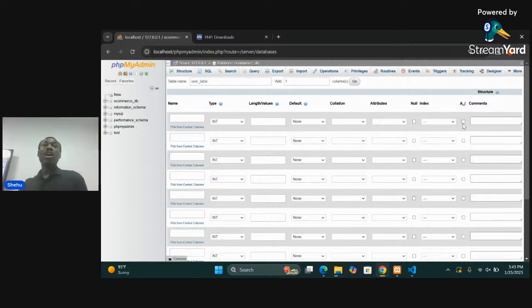So for this one, we have AI. What does AI mean? No, it's not artificial intelligence. Can somebody guess? Who said that? Yeah, that's auto increment. That is what it means. Actually, it means auto increment. So what this auto increment means is that